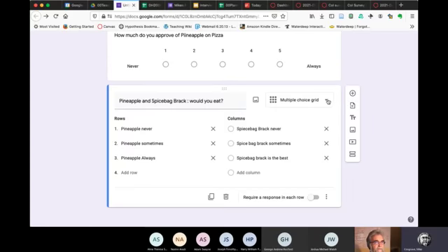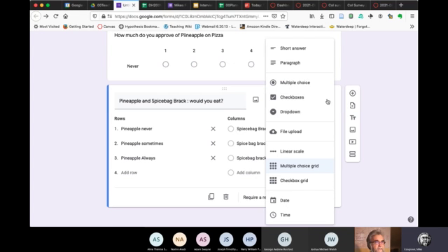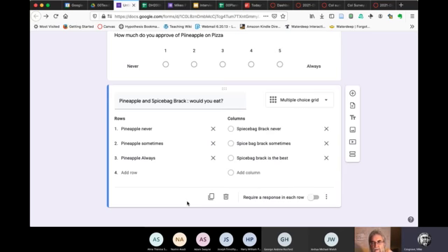So I want you, on the topic of your choice, to design a survey of about 10 questions. Don't worry about paragraphs, but certainly multiple choice, checkboxes. Don't worry about drop downs. Scale, grid, checkbox, right? Use some of these useful question types. Go from simple questions to complicated. Don't worry about asking a lot of demographic questions.